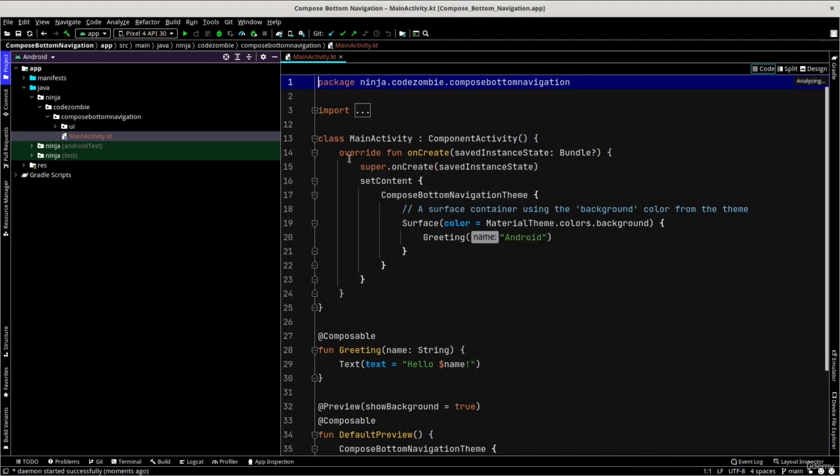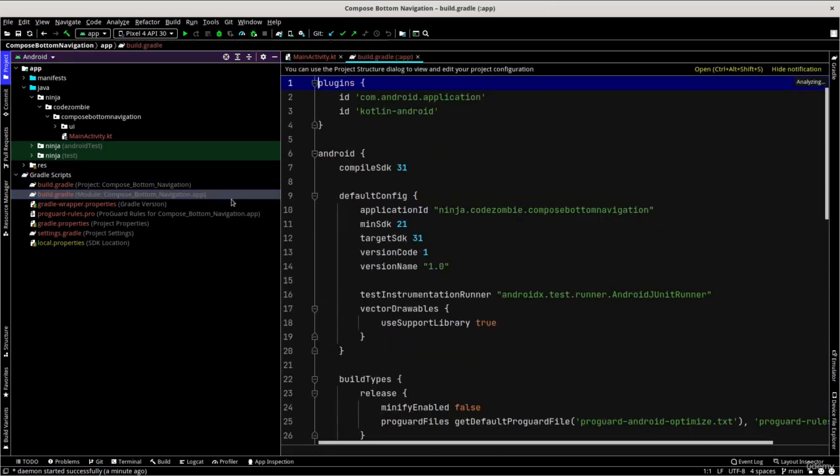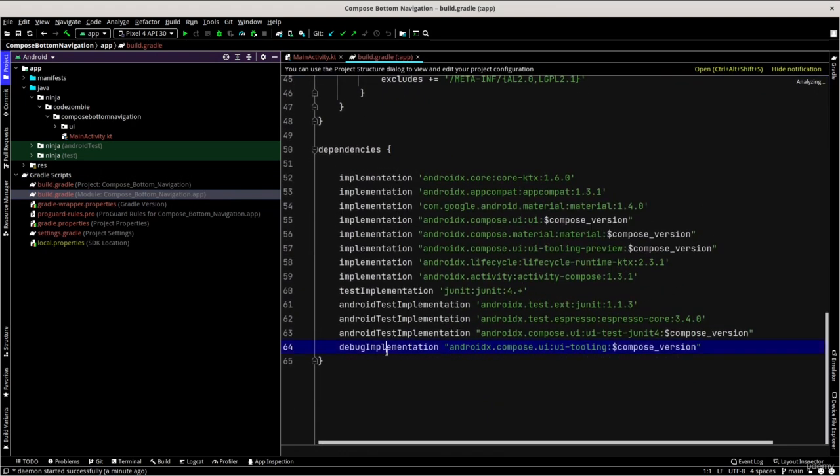Alright, our project has been created. As the first step, I go to Gradle scripts and add the dependency for navigation to my Compose app. So build.gradle from the app module, and at the end of the list of dependencies, I add implementation androidx.navigation:navigation-compose,